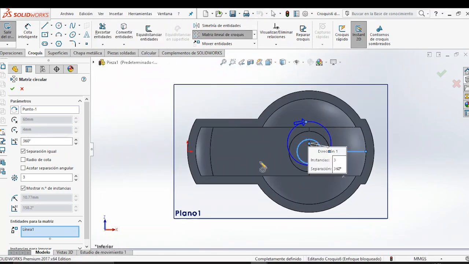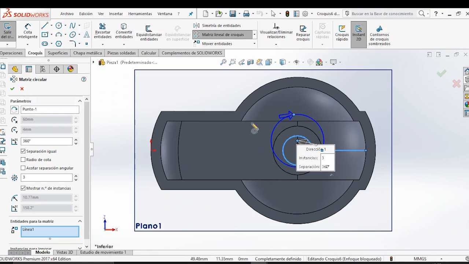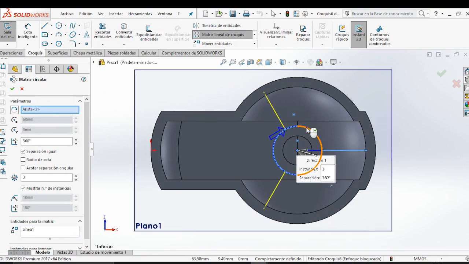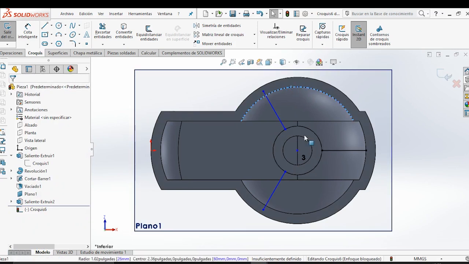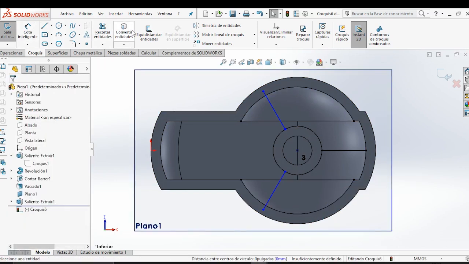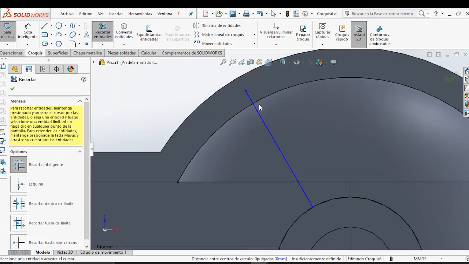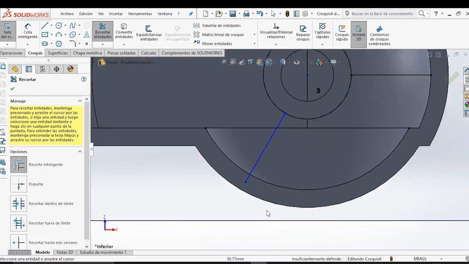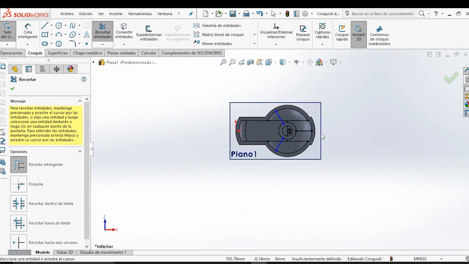Sorry, I can see one. Delete and select this. Okay, we convert these two lines. Select and select construction lines, and let's cut this part and this